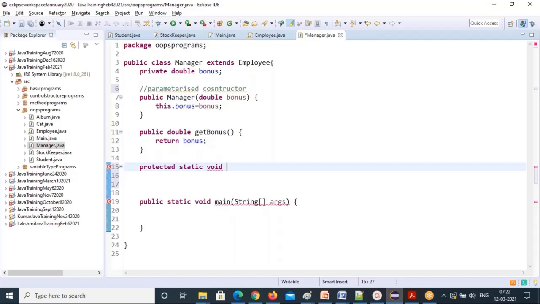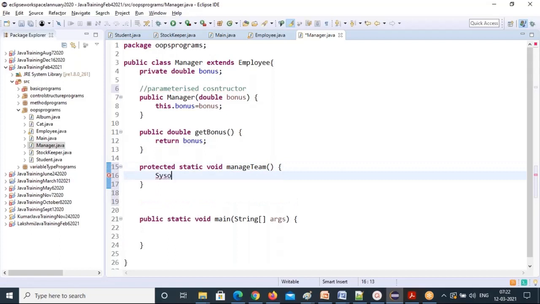These are all the manager's responsibilities, right? Behaviors I can represent with methods only. That's why I'm using the methods concept to represent his behaviors. So protected static void manageTeam. That's his responsibility.